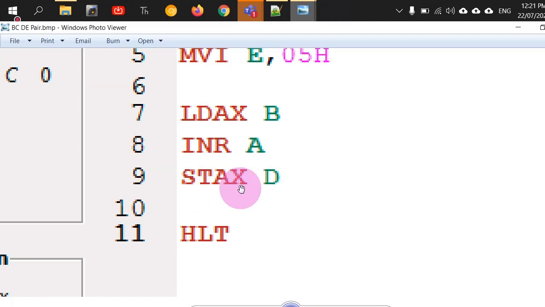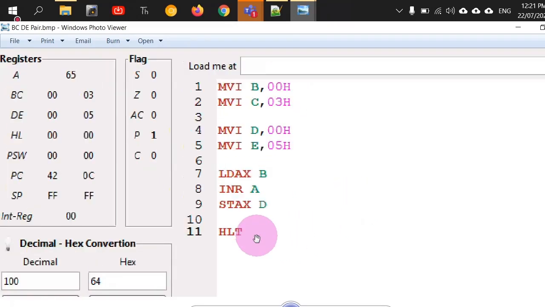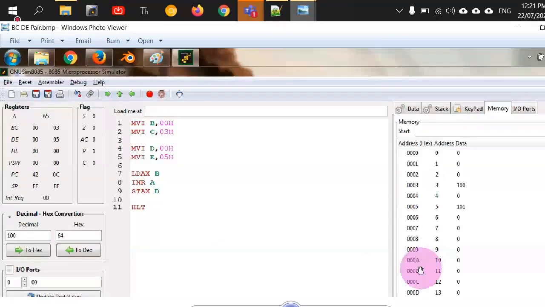So this STAX command is a cousin command to that, in a similar fashion as we had LDA, which is a cousin to LDAX. So what will STAX do? STAX will store the data from the accumulator to the external memory location, and the address will be taken from the DE register pair because an X has been written after that. Is it understood? Yes. Okay, and then simply you have halted the system. So please repeat the STAX command.